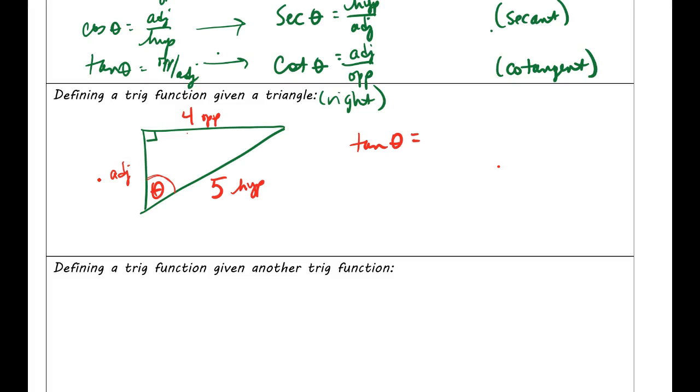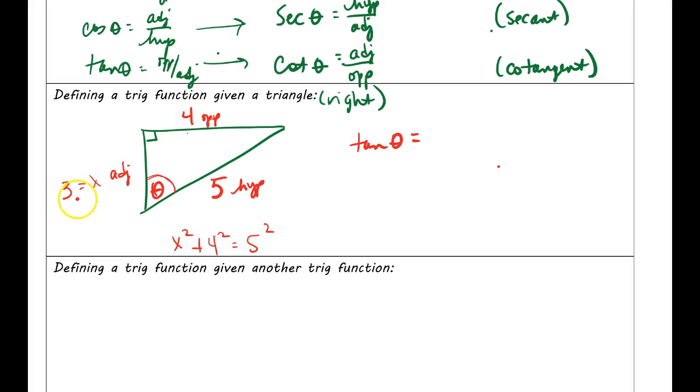Now, we don't have the adjacent, so sometimes you will have to solve for the adjacent on your own. You would do that with the Pythagorean theorem, okay? So if you don't know this and you're like, I don't know what x is, then it would be x squared plus 4 squared equals 5 squared. You would just solve it with Pythagorean, and you should get 3. You might have already known that this was a 3, 4, 5 triangle, and that's quite awesome if you remembered that from the past. But if you didn't, now you remember. And even if you didn't remember, you've got the Pythagorean theorem.